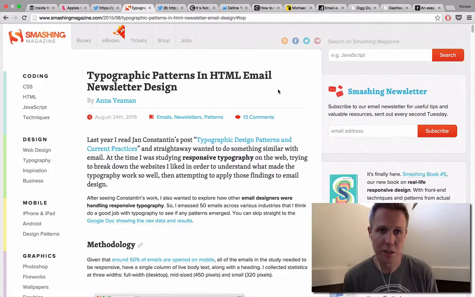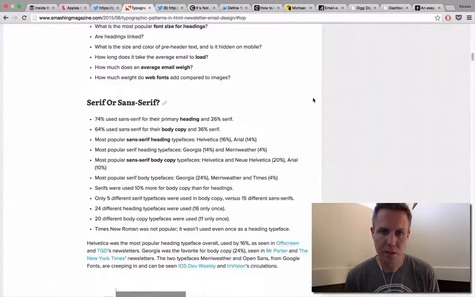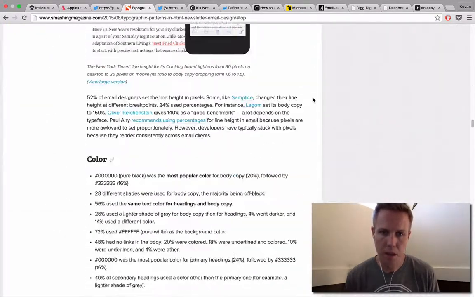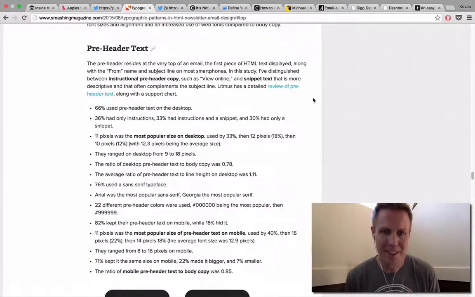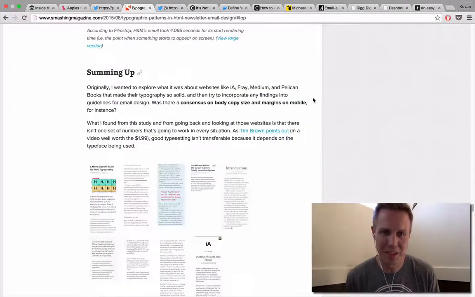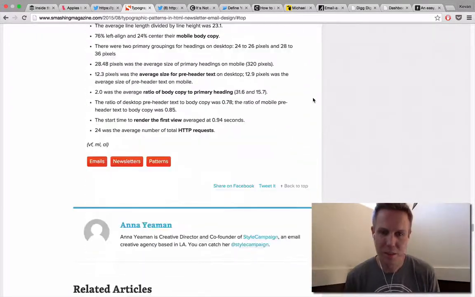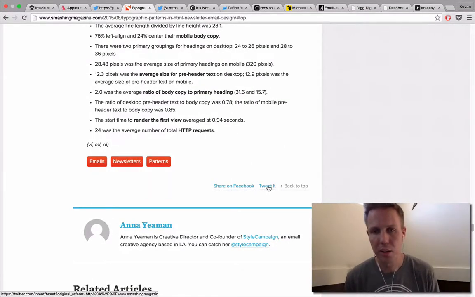Another option I'd love to show you here is the Smashing Magazine page. This is a blog post that they have where there are no share buttons present up at the top. And then as you scroll down, I picked some long ones here to scroll through. Thanks for hanging with me. Scroll to the bottom, there's very subtle text here at the bottom, share on Facebook and tweet it. And that's the extent of their sharing options on their blog post here.